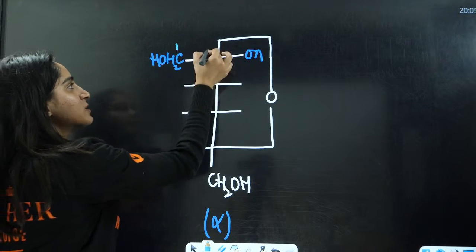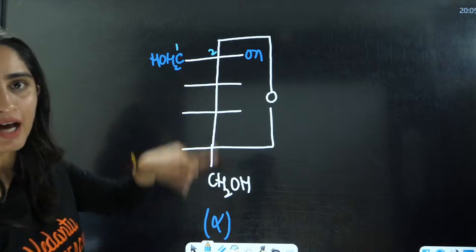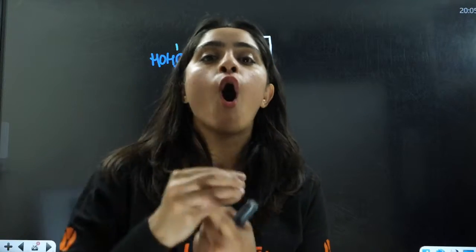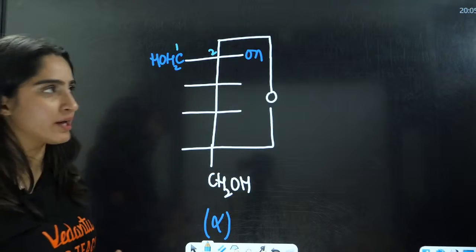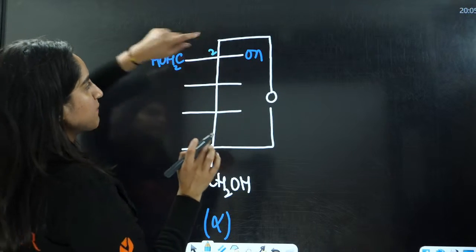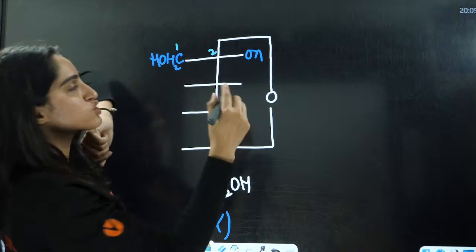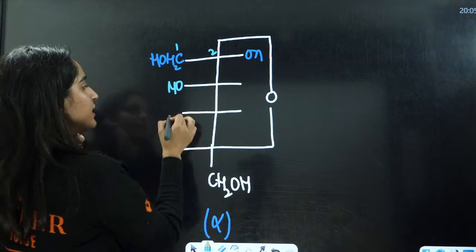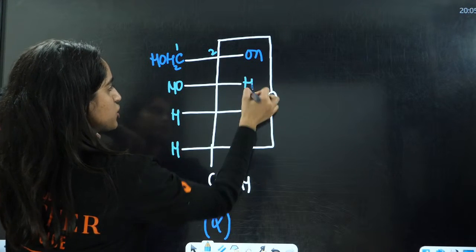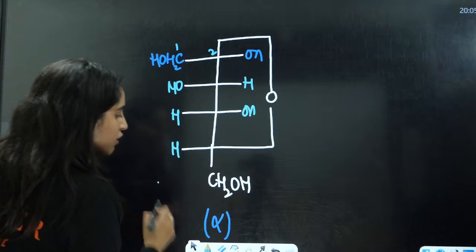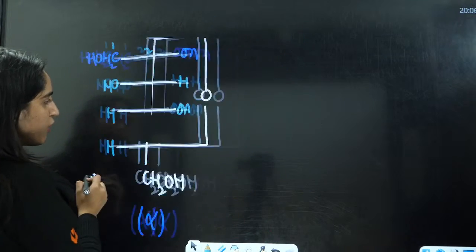This is the first carbon, this is the second, and here you have the change of ketonic to hydroxyl, or the change of aldehydic to hydroxy, and that will define the alpha and beta position here. You have OH on the right side, which defines the alpha. Everything else is the same. This first, second, third, we have OH on the left side. Everything else is the same. H here, OH here, H here. This is going to be the alpha fructose.